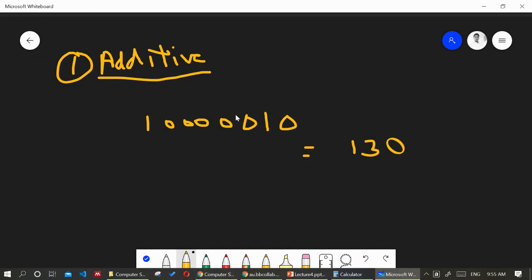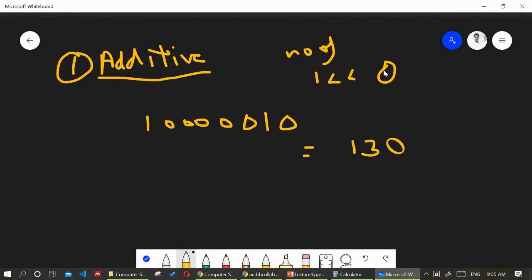Now when we use the additive method, you just check the string. If the number of ones is less than the number of zeros, fine.